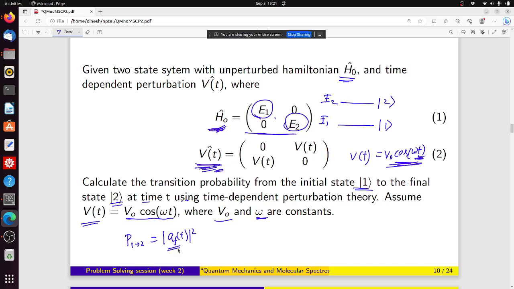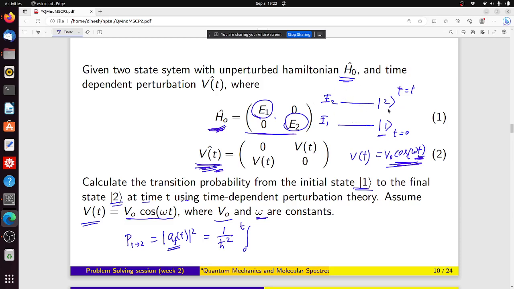This is the time dependent coefficient of the final state, which will have the form 1 over h square integration from 0 to t. Initially it was in state 1 at time equal to 0, and at time equal to t we are searching for it in the second state. So what can we expect from this